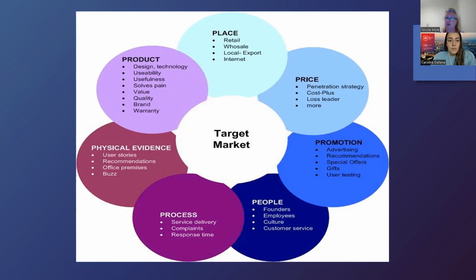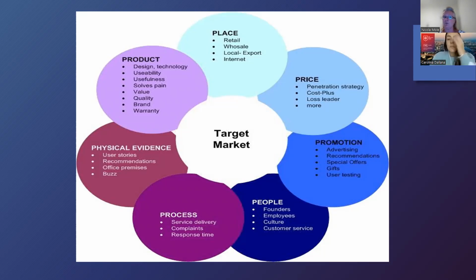You want your products to be good value for money. If they're too expensive and people do not see any value in it, whatever that value might be, will they buy it? Probably not. Do you want to be known for selling quality products, or do you want to be known for selling cheap products that don't last very long? Brand, Nike, all of those that we know, Apple, Samsung. They tell us what the product is. People will buy brands because they stand for something. And a warranty. Are we going to give some after-sales service?